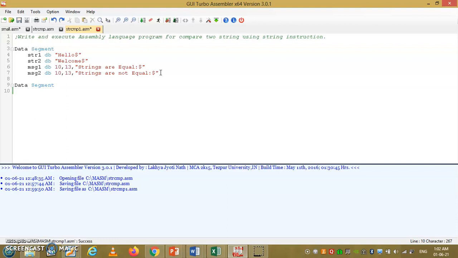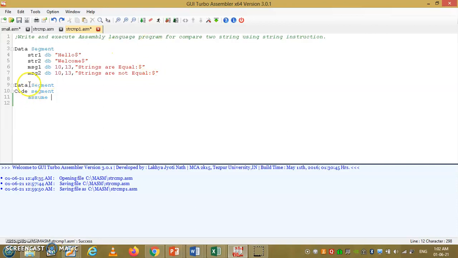Then another segment, that is the code segment. Here we are going to write the actual code of our program.